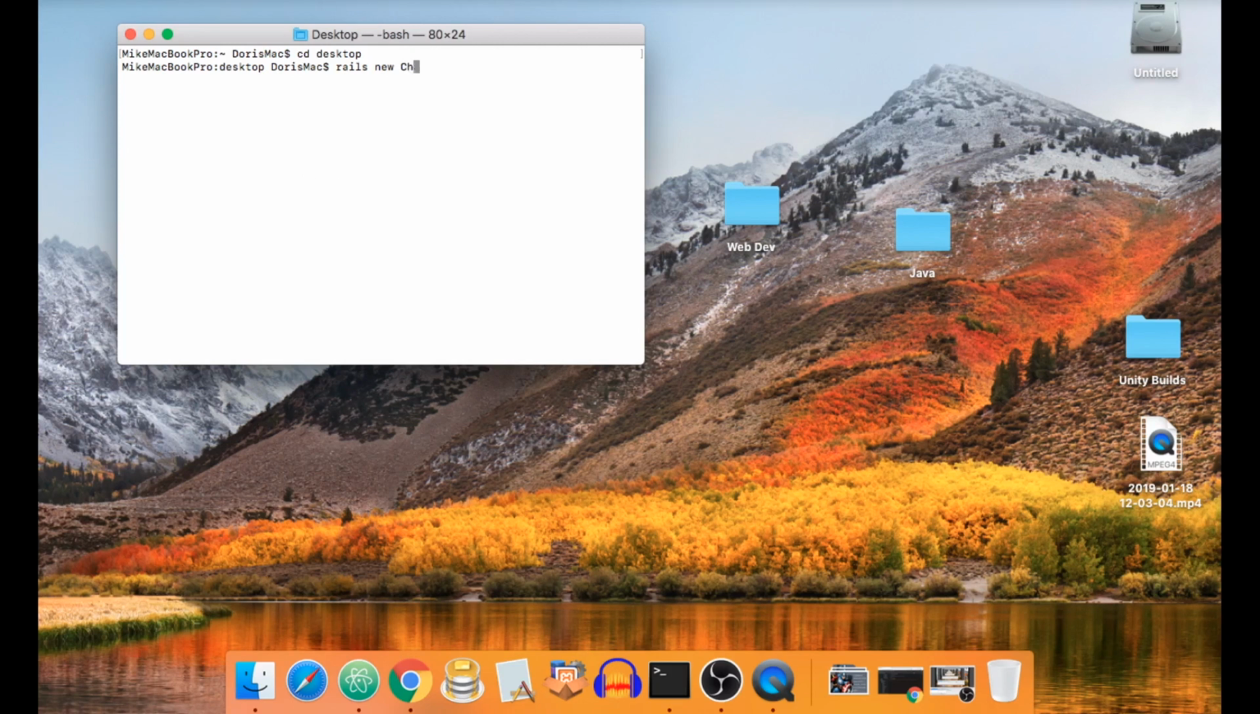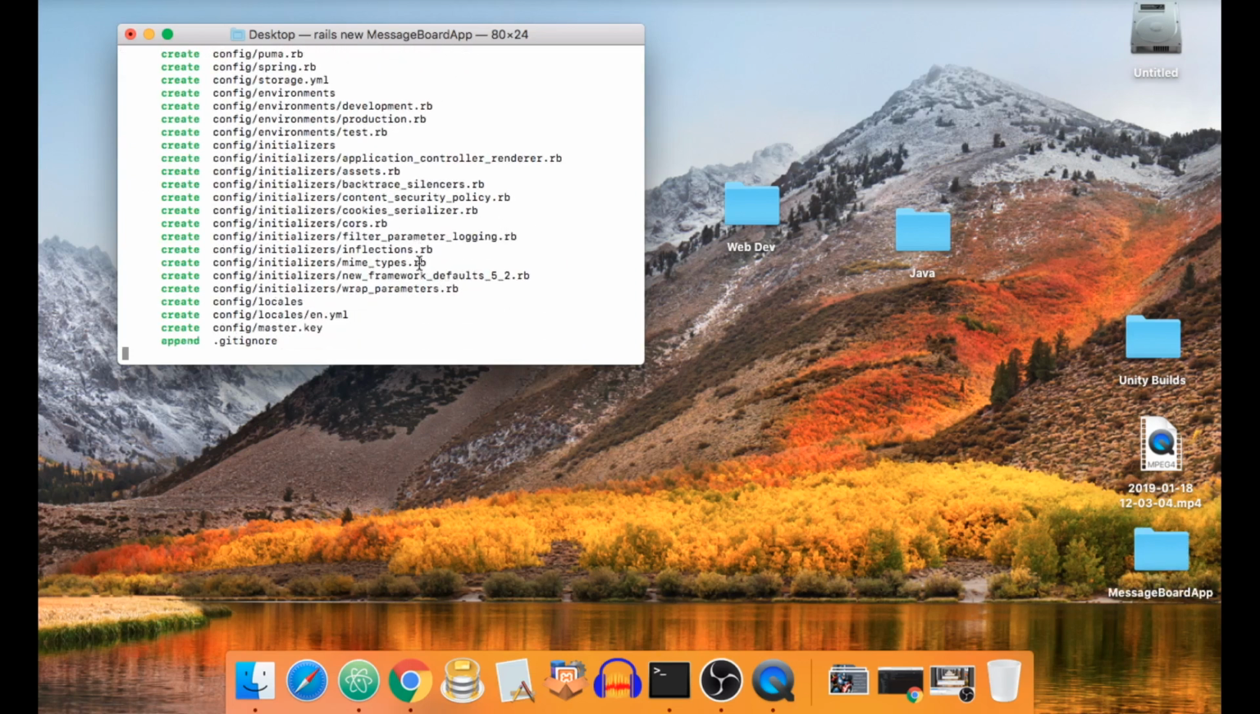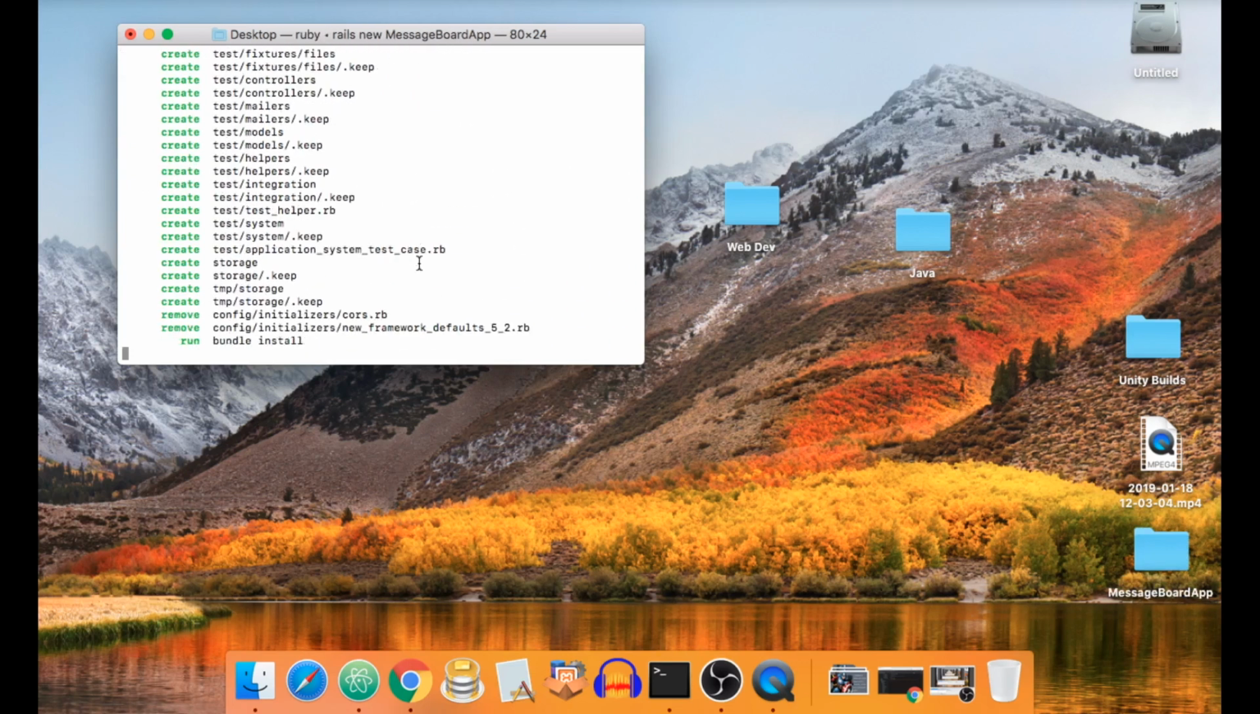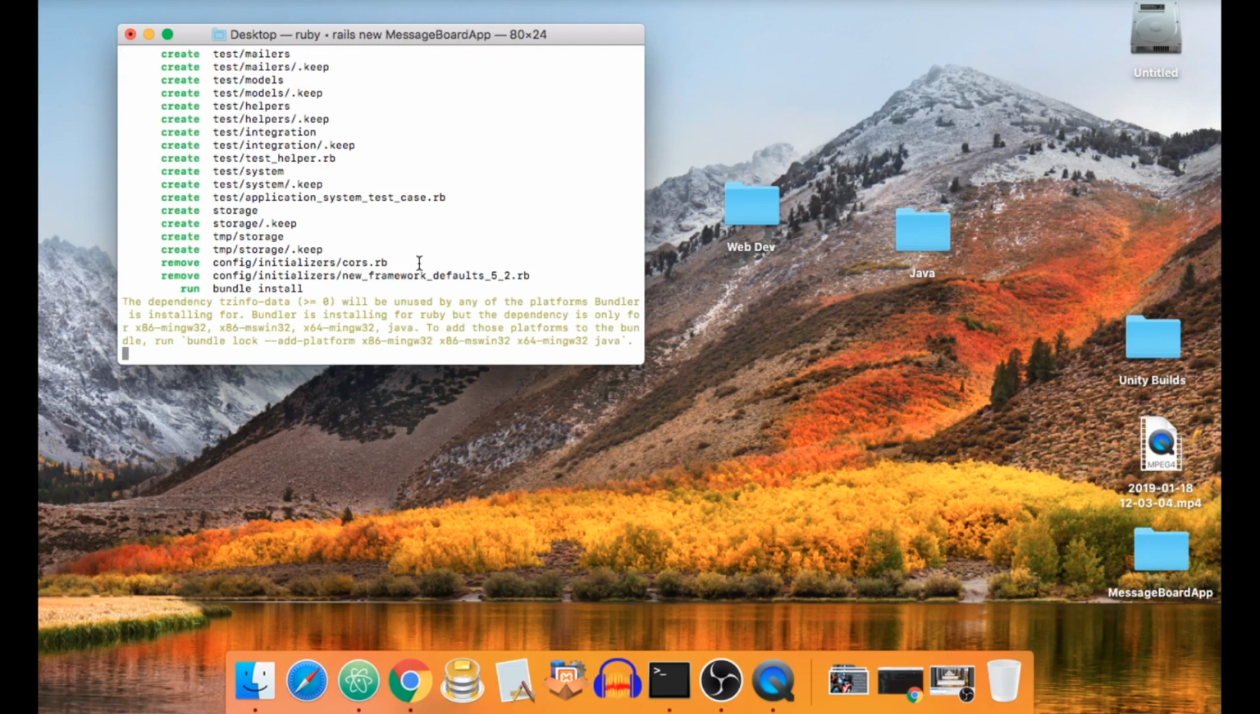And let's call it a message board app, like so. Hit enter. This will generate and initialize the Rails application for us. And so right in the beginning we will also add Devise, so that we are left off with an